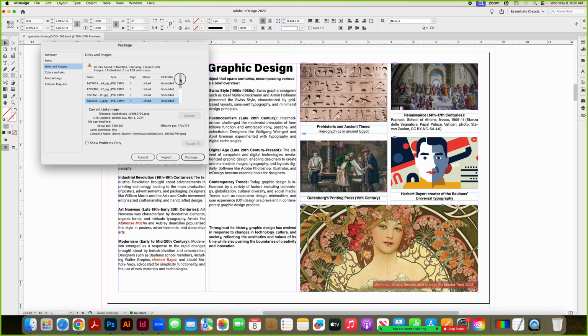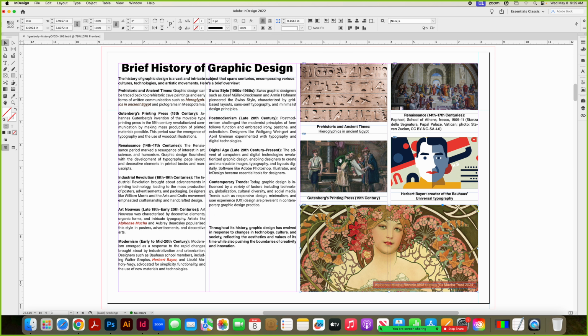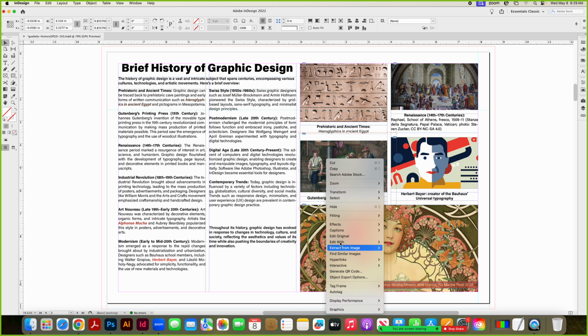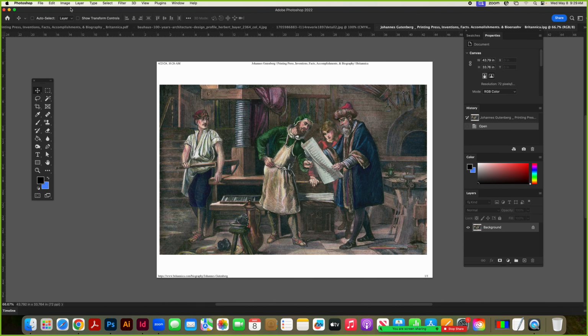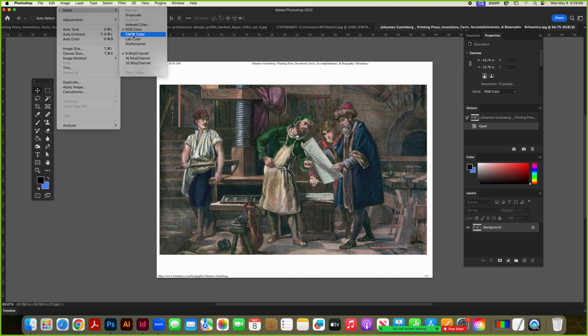So let's see if there's another one that's missing. So yes, there's one on page 3 that says that it's RGB. So it looks like it's this one. So let's cancel that. Let's click on this one here, and image mode, yep, you gotta change it to CMYK,